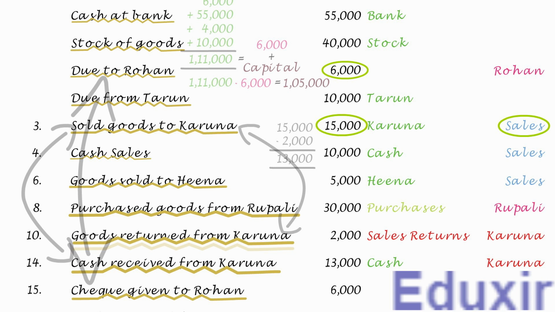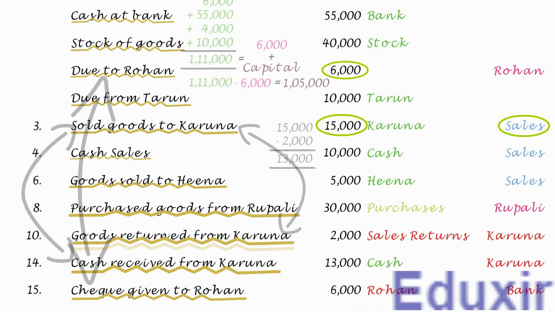As you know, issuing a check is equivalent to making a payment through bank. So when the check is realized by Rohan, the bank asset of the business will be decreasing. The rule to record a decrease in the asset is to credit the corresponding assets account. In this case, the bank account should be credited. At the same time, when the business pays Rohan, the liability of the business to pay the creditor Rohan is decreasing. The rule to record a decrease in the liability is to debit the corresponding liabilities account. In this case, the creditor Rohan account should be debited.